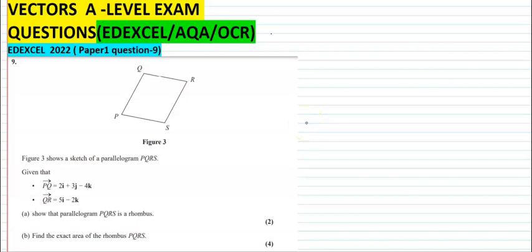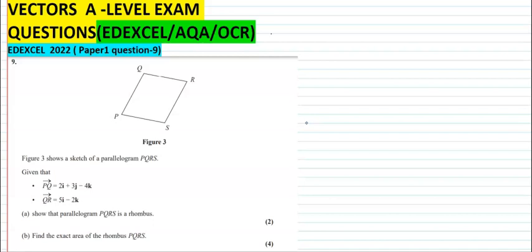Dear students, today we are going to revise A-level vectors. I have collected 5 questions from past exam papers. So the first question is Edexcel 2022 paper 1 question number 9, and here it is given PQRS is a parallelogram